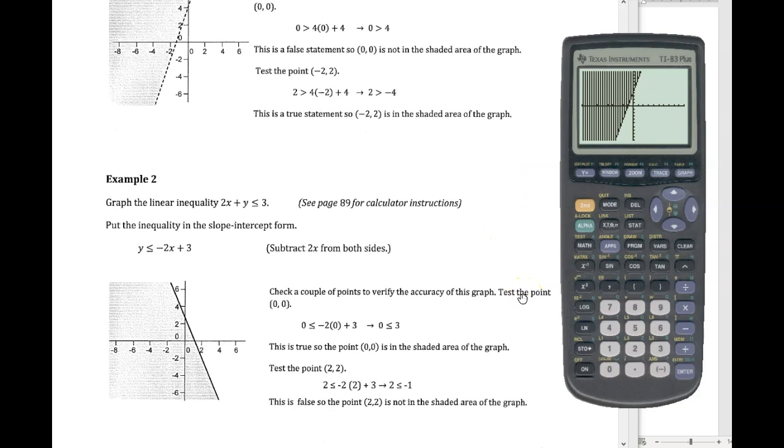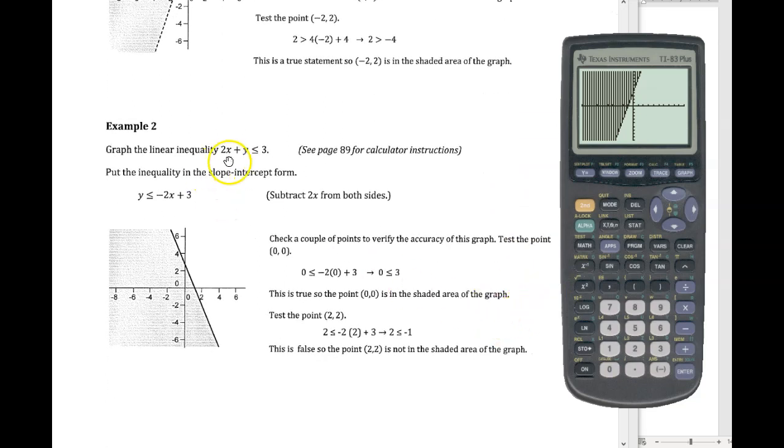Let's do another one. Graph the linear inequality 2x plus y is less than or equal to 3. I'm going to clear this. Remember, you have to set the inequality in slope-intercept form, or isolate the y. We do that by subtracting 2x from both sides, and then we end up with y is less than or equal to negative 2x plus 3. Now we're ready to put it into the calculator. We go to y equals, and if you want, you can just clear the inequality from the old problem and then input negative